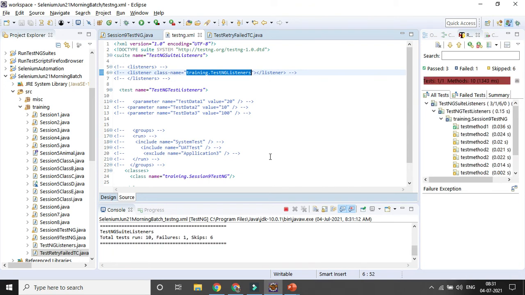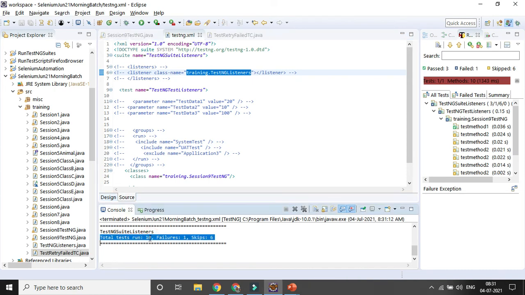Okay, you can see here the total number of runs is 10. You have 4 methods. So the 3 test cases that passed run one time each, 1 into 3 equal to 3, and your failed test case is run for 7 total times, 1 to 7 iterations. You can see 1 is failed and the rest of the time it is skipped because of the same failure. In real time, in case of any synchronization issue or other issue, it will try to execute again, right. So that's the way you can run it.